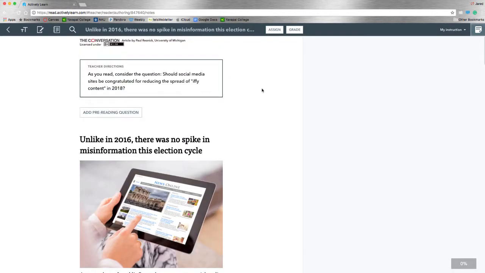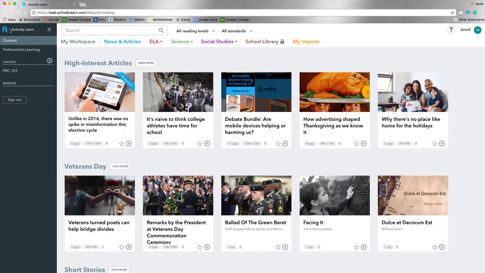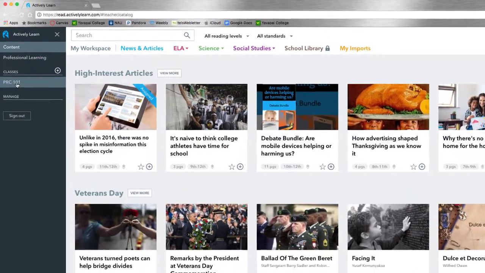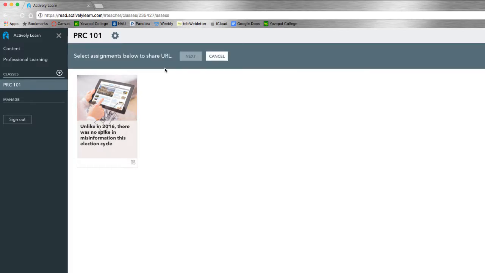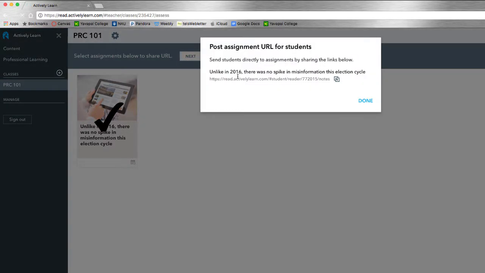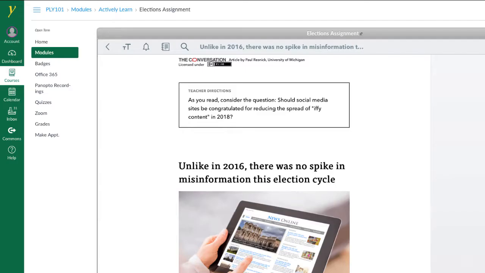So we can take this assignment and put it into Canvas. Unfortunately, Actively Learn does not have an LTI integration, so the way that we can use it in Canvas is, once we assign a particular assignment to a class, I made up a class called PRC 101, what we can do is get a post URL. So we select it, click next, and then it gives us a URL,